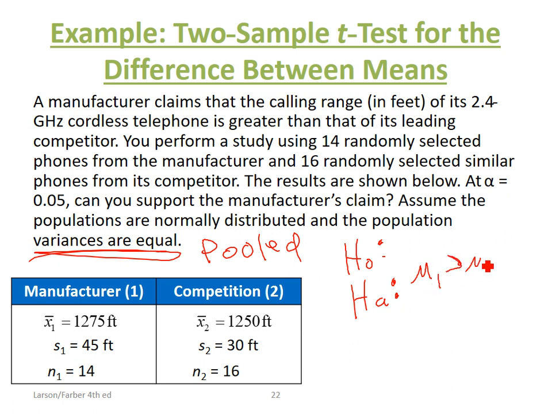Does everybody agree with that? And then what's H0 going to be? mu1 is less than or equal